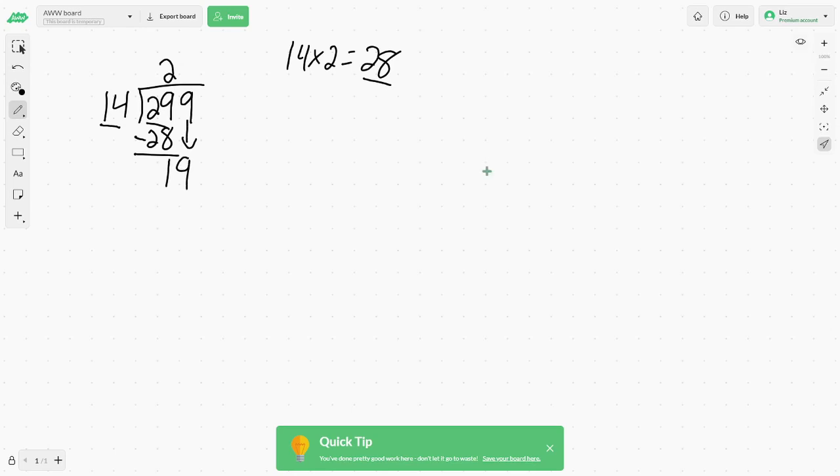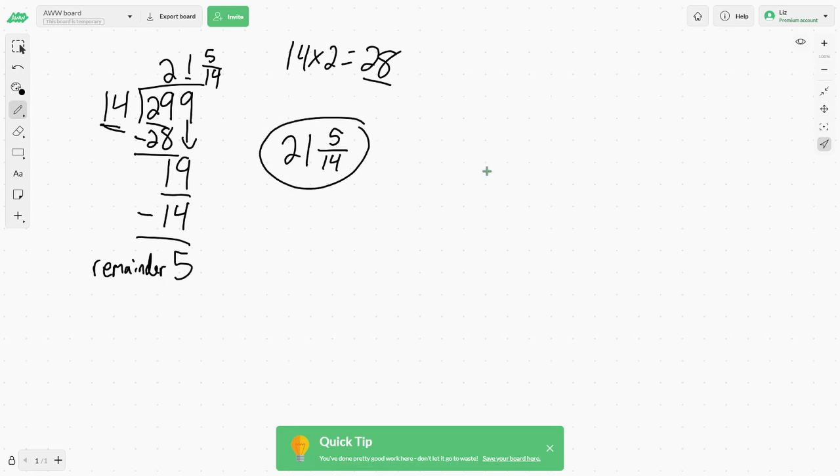Now we need to look at how many times does 14 go into 19? 1 time. We subtract 1 times the 14. 19 minus 14 is 5. This 5 here is a remainder. And the way we put the remainder is we take the remainder and we put it over the divisor. So the answer here is 21